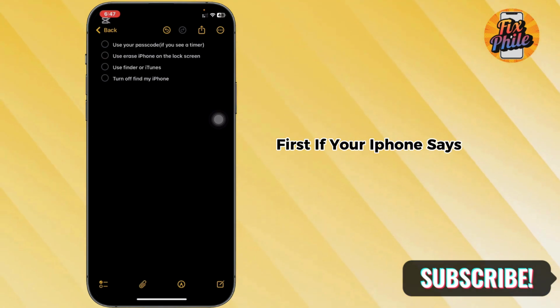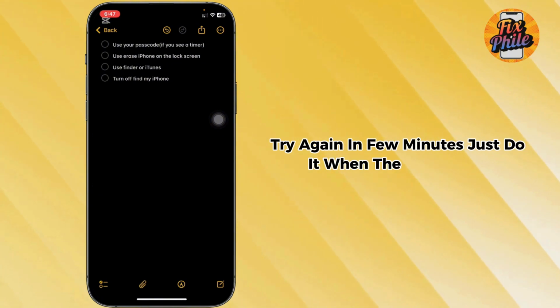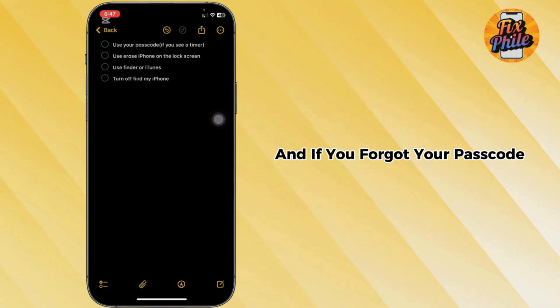First, if your iPhone says iPhone unavailable, try again in a few minutes, just wait. When the timer ends, enter the correct passcode to unlock it, and if you forgot your passcode, move to the